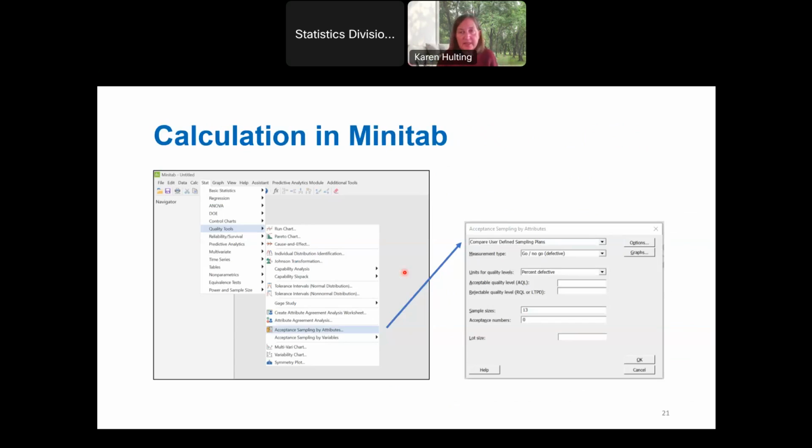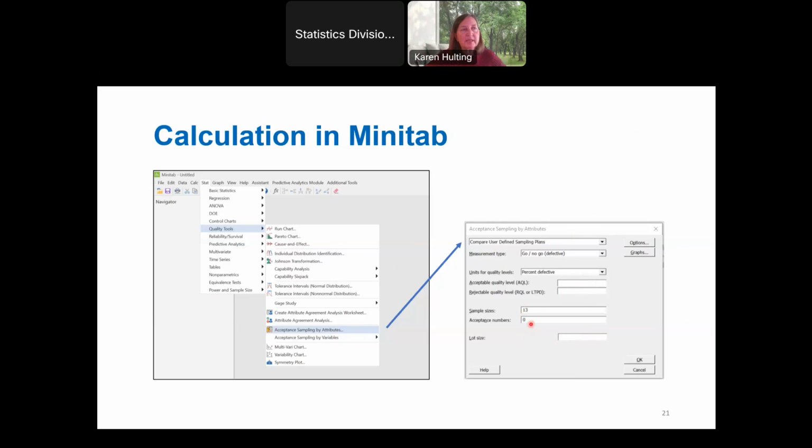Now, you can also do this in Minitab. You can do this in JMP, probably other commercial software as well that I haven't used. In Minitab, you will find it on the Quality Tools menu, Acceptance Sampling by Attributes. This is how you fill in the dialog box, and I'll go over this relatively quickly because I know not everybody uses Minitab. Two of the surprising things about using Minitab is that you don't have to fill in the AQL and the RQL, because of course that's what you're trying to calculate, and you don't need to fill in lot size. You can and see its effect, but you will see that the effect is very small.